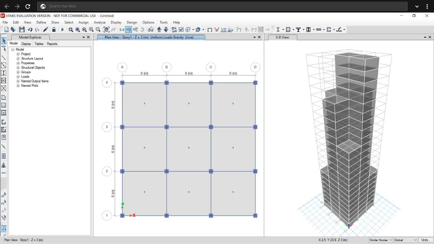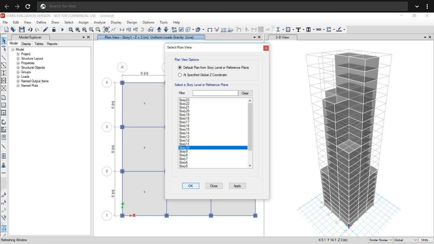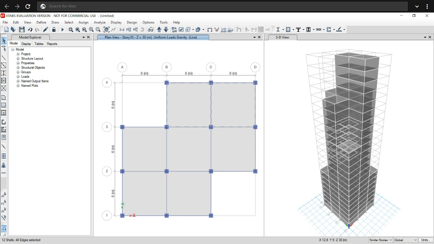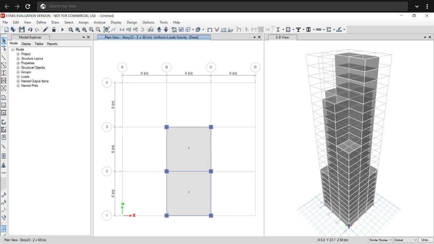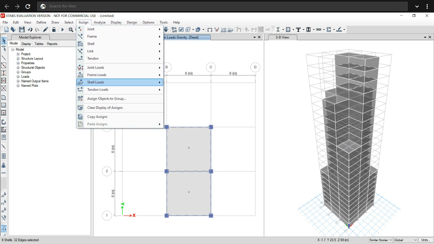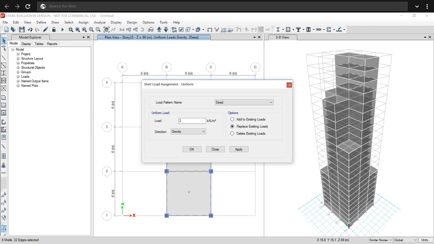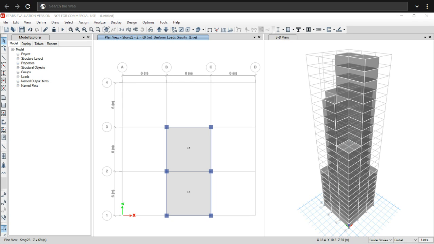In the same way we will apply the dead load and live load for the rest of the stories. Now we have assigned live and dead load.